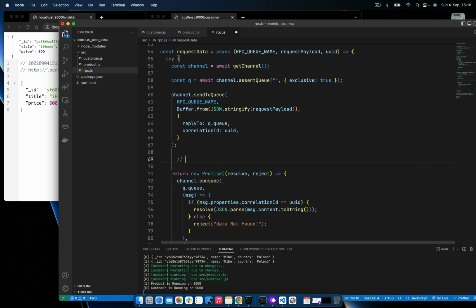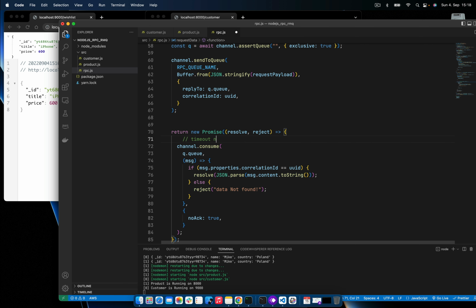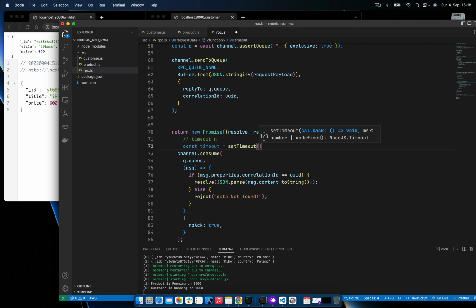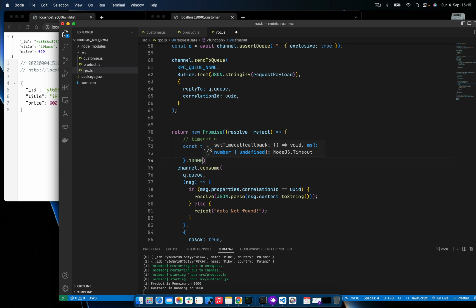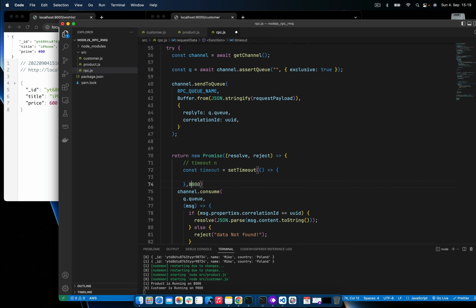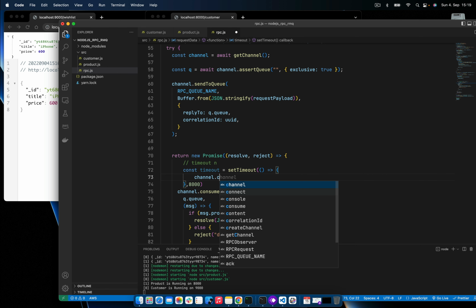So let's set a kind of timeout with n seconds, right? This timeout we will put inside the promise, because if it times out, then we have to return the data to our service also, just to notify that we were not able to receive the data. Maximum 10 seconds we will wait, and after that we will set the timeout, or maybe we can put a little less, maybe 8 seconds, right? And here what we are going to do is close this channel. We're going to call channel.close,